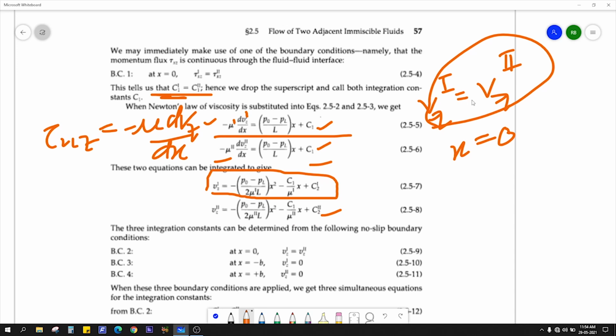Now put this boundary condition: Vz of this is equal to this at x equal to 0. So all these terms will become 0. That means C2 for fluid 1 and C2 for fluid 2 are also equal. So you can replace this by C2 only because both are equal. So how many unknowns do you have? Two unknowns, C1 and C2, right? So if you solve,